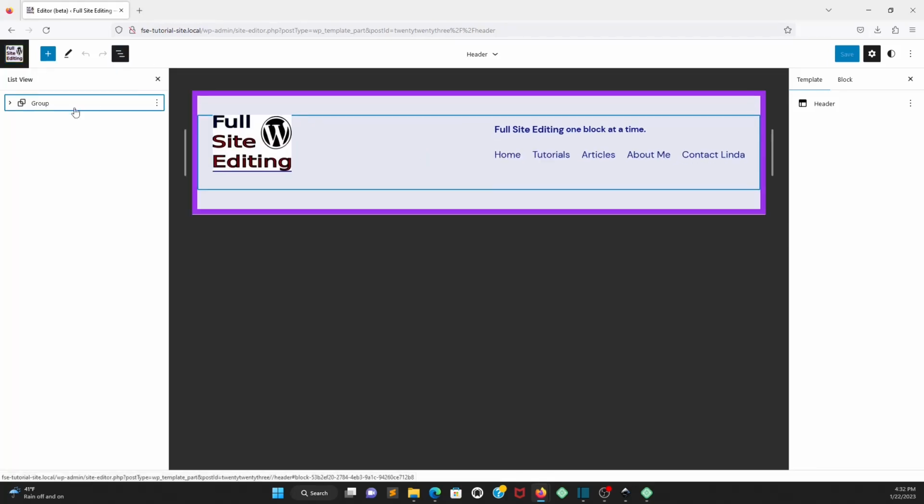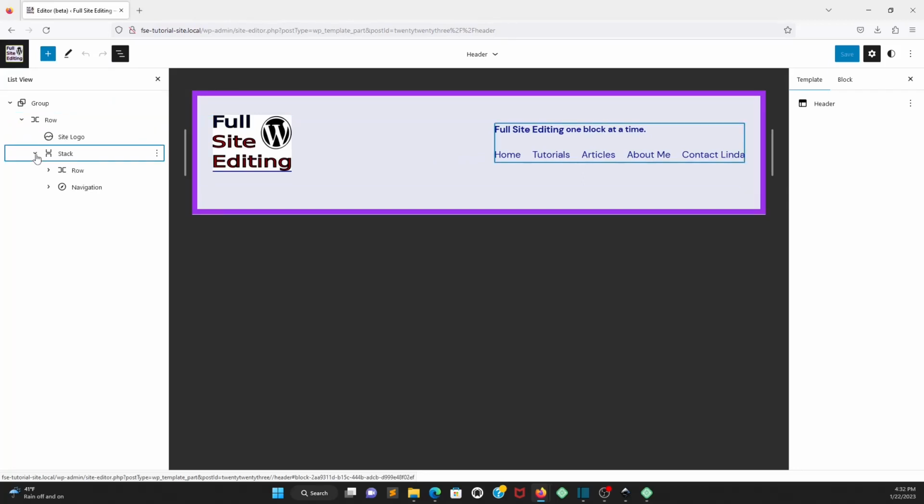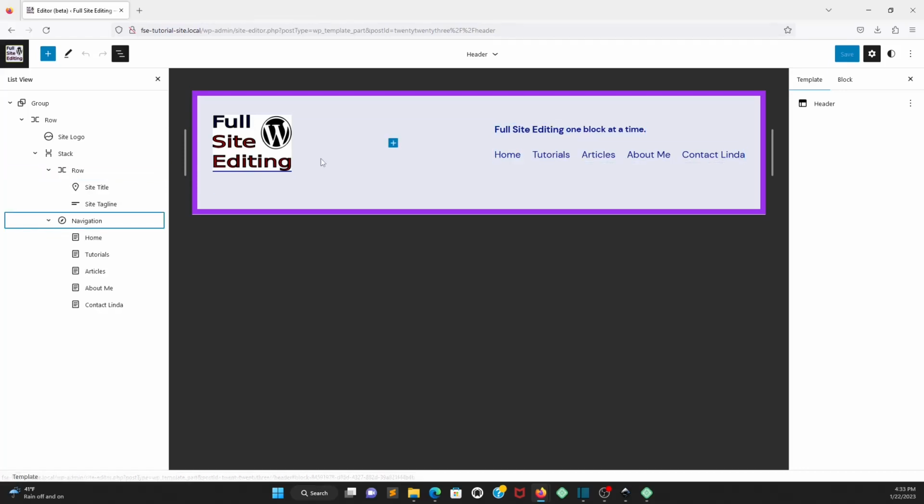Now, if you want to look at this to see how it's built, you can see that we're utilizing several rows and stacks. The full site editing and this whole section are on this row. So you have your site logo here, and on the other side, you have this whole thing, which is created by this stack here, which is these two on top of each other. This is two blocks that have been combined in a row